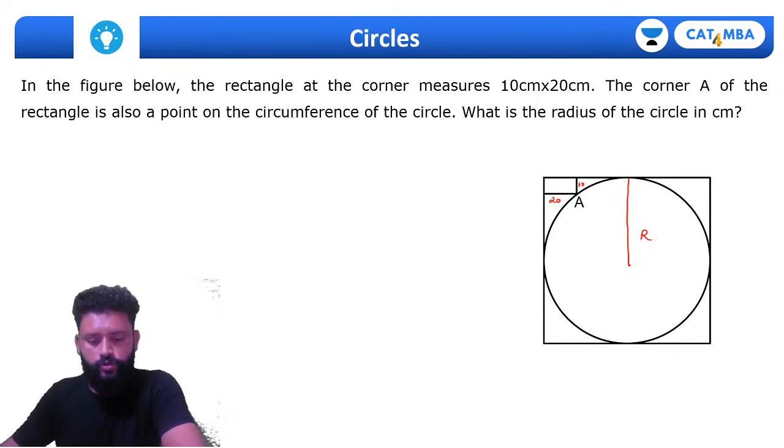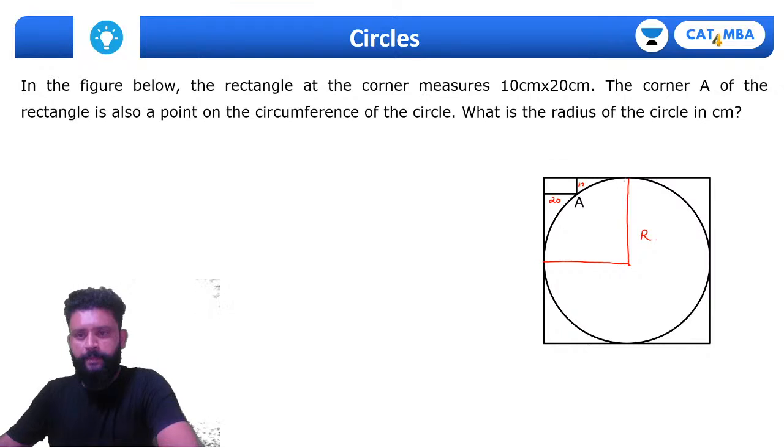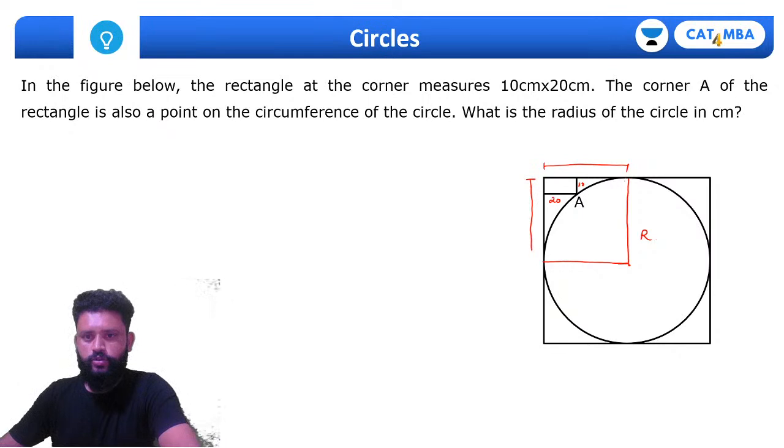And then... now we know this is also radius, so it forms a square here, and definitely this is also radius. So radius,